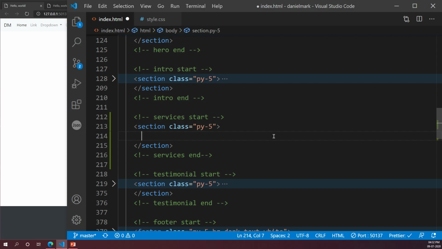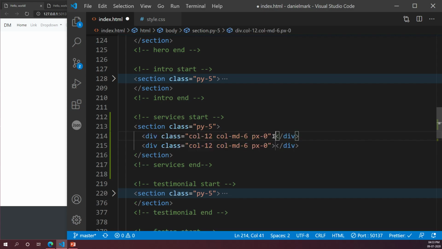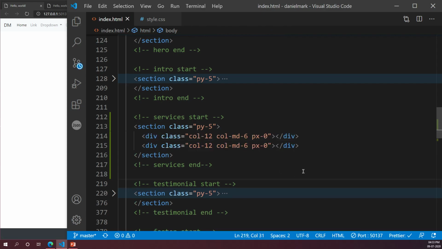Okay, so now what I want you to do is create a, okay, I don't want you to create a container, okay? Instead what I want you to do is create a division, and give it a couple of classes, okay? So I'm going to say col-12, and I'm going to say col-md-6, and I'm also going to say px-0, okay? Just create a div with these specifications, okay? What I'll do is, I'll do start 2 and I'll create 2 divs. Okay, just do this. Once you do this, let me know, okay?